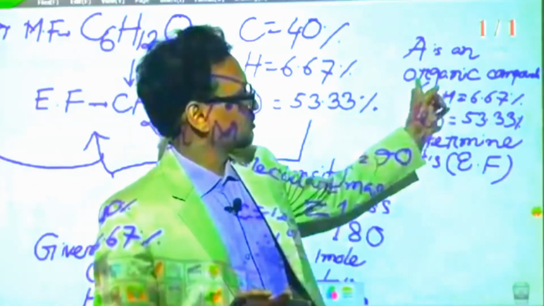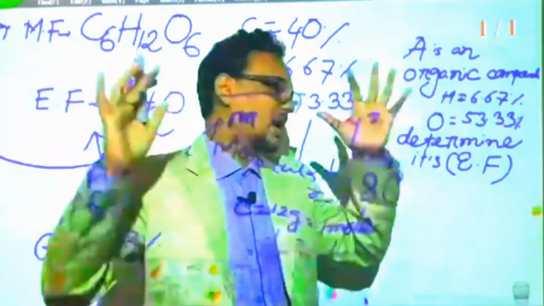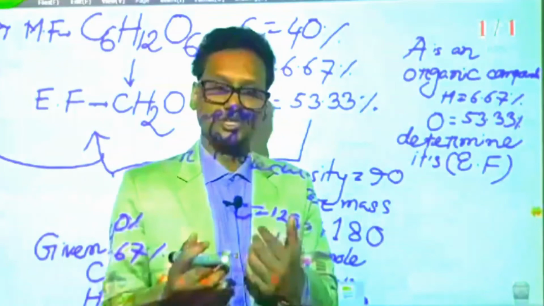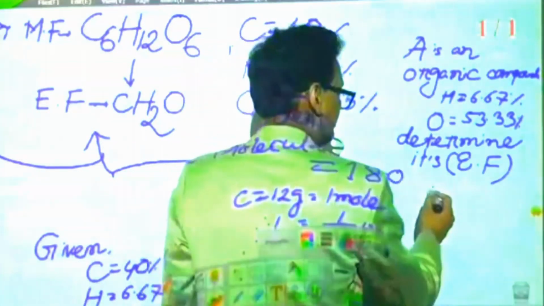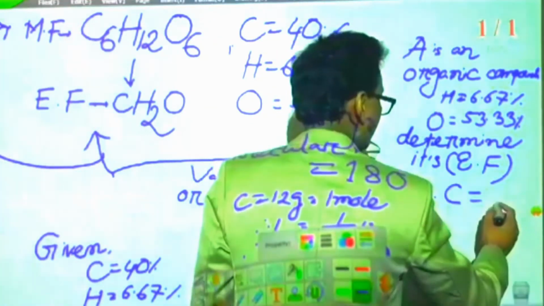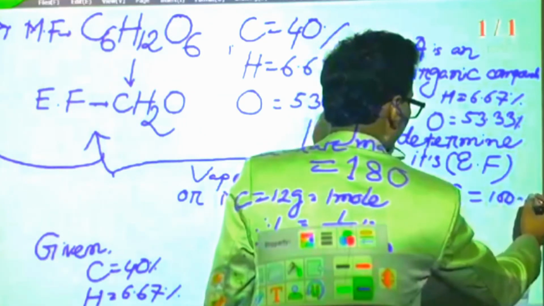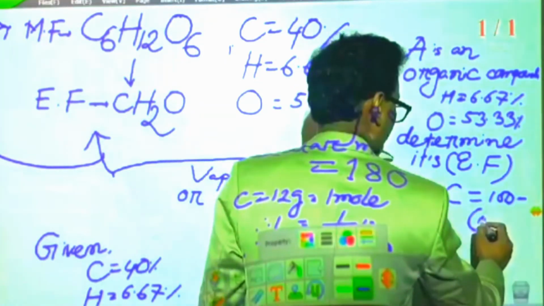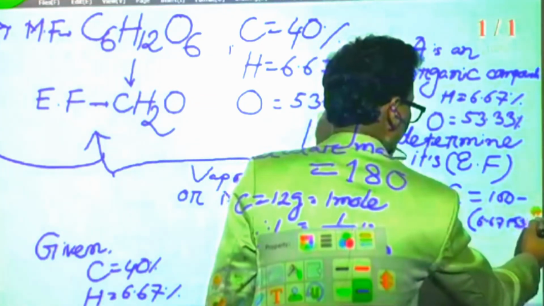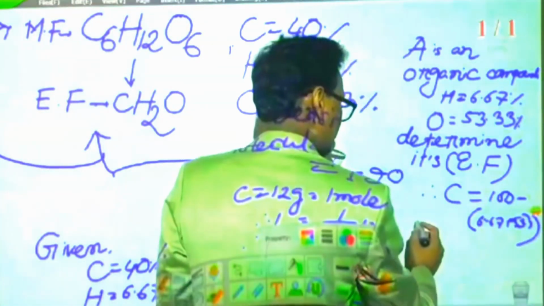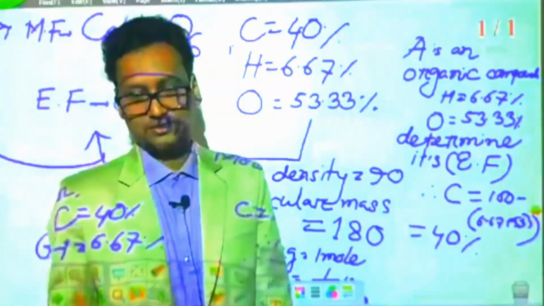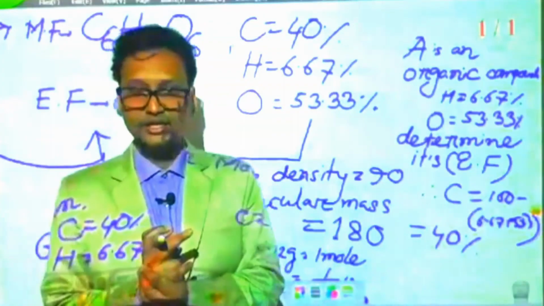This is the reality. What will happen, my dear? You can think this is an organic compound, so carbon must be present. In an organic compound, carbon must be present. Then you have to mention it here. This is not 100%, so something must be present due to organic. So it will be 100 minus (6.67 plus 53.33), so it will be 40%. In such a way, sometimes you have to apply tricks. I believe you have understood properly and clearly, and you should try